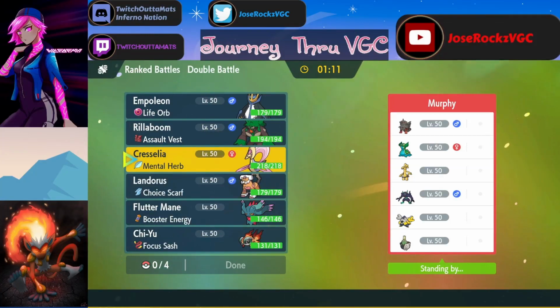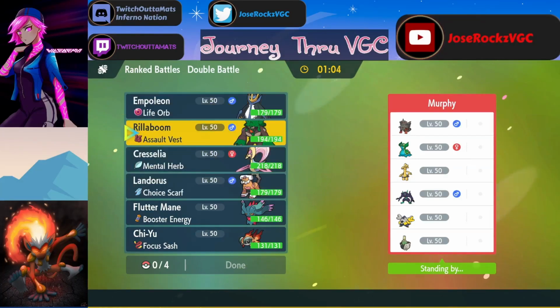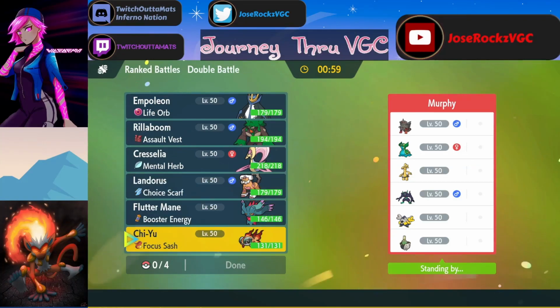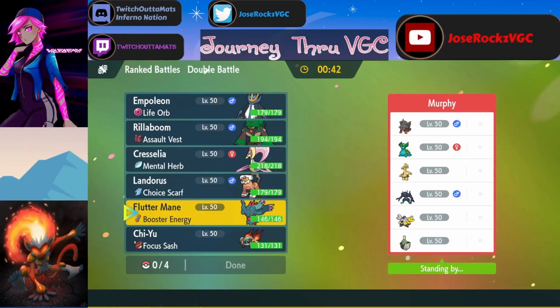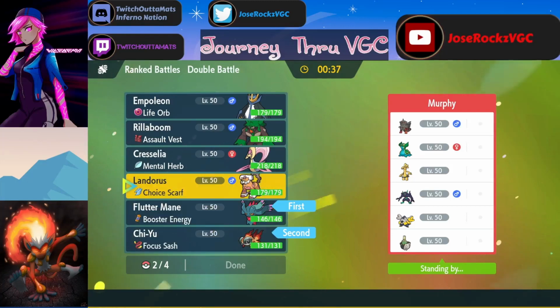Grimmsnarl plus Sinistra is something I want to explore. I am going to be making a video with Grimmsnarl and Annihilate and Arcanine, so look forward to that coming out, because I kind of want to play screens myself. So I think because he wants to play screens, I want to go Chi-Yu, Flutter, Fake Tears everything, and just